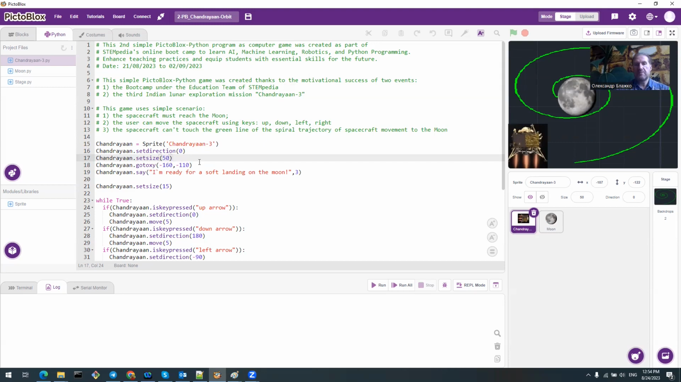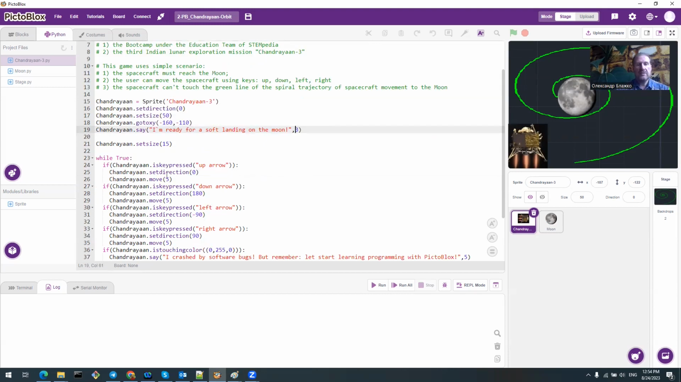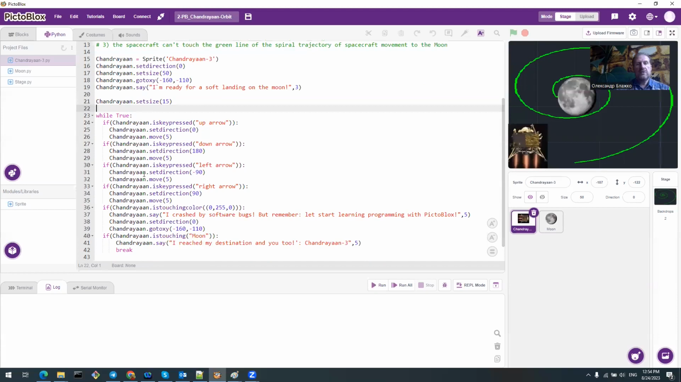Our sprite as spacecraft can say this text during 3 seconds. And to balance our game, we must set size with smaller size, for example, 15 points. And during our game,